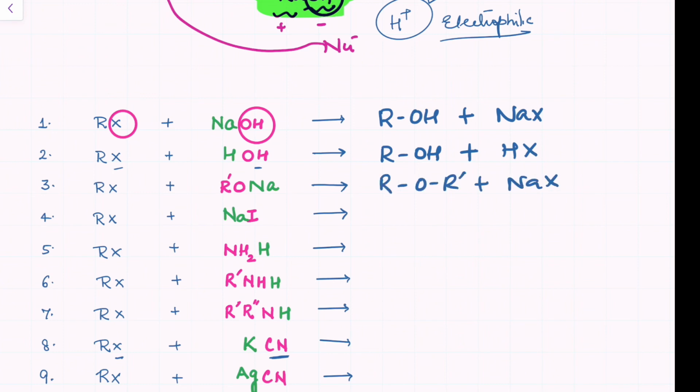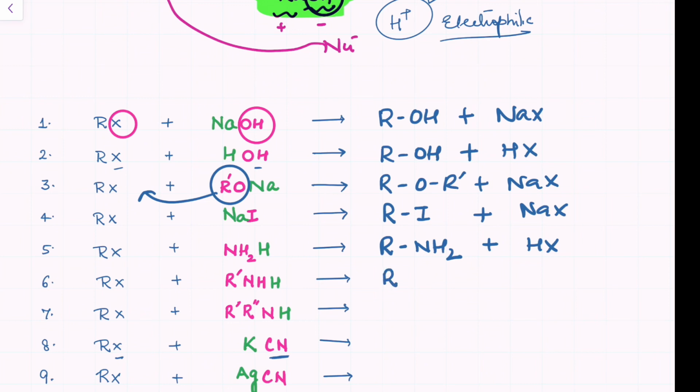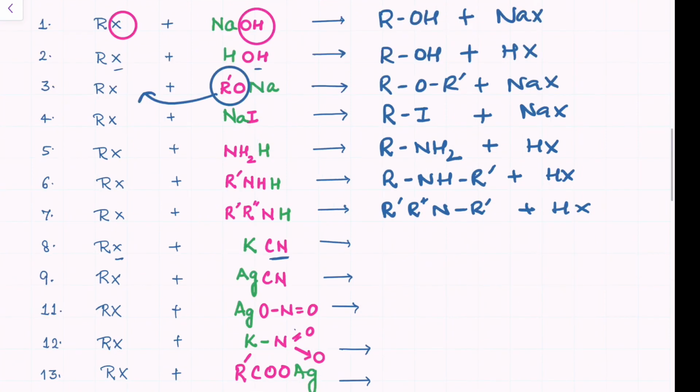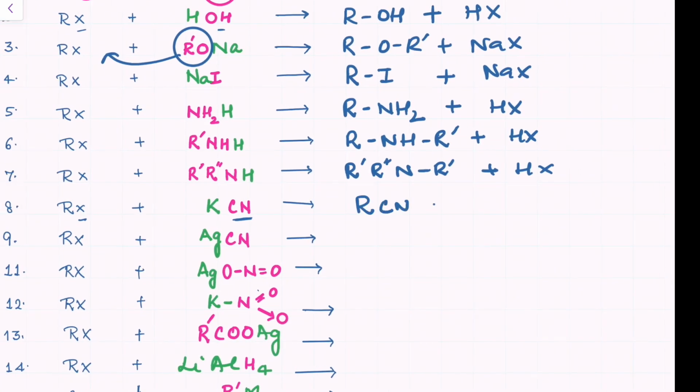So only the negative part is displacing the negative part. Fourth it is alkyl halide. Fifth it is amines. Sixth we get secondary amine. Seventh we get tertiary amines. 8th RCN plus